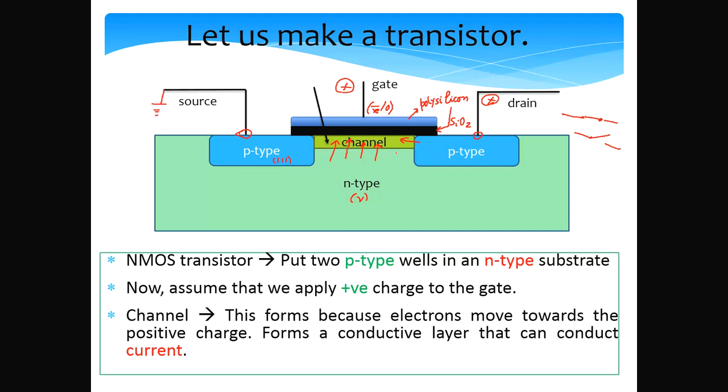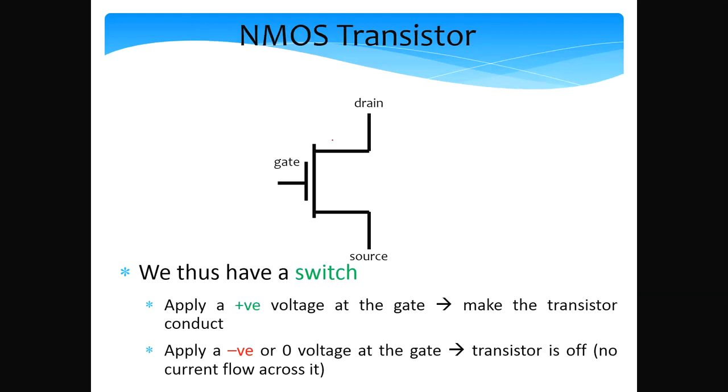And so if you consider any mechanical switch, how does it work? We essentially press it with our finger. In this case, we don't press it with our finger because the transistor is typically a very small structure. Nowadays the transistor is typically 16 nanometers or 14 nanometers, very, very small structures. So instead we apply a voltage at the gate. If it's a positive voltage, in the case of an NMOS transistor, the transistor will conduct. Otherwise the transistor will not conduct current.